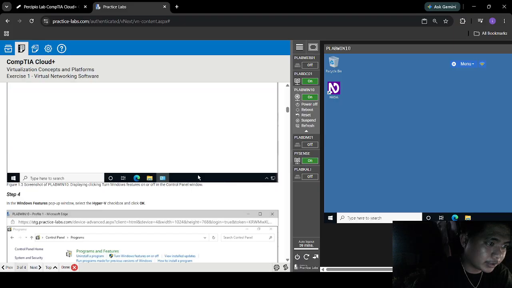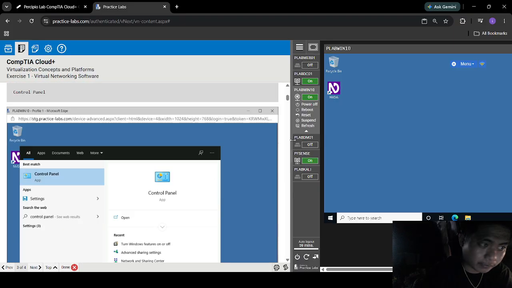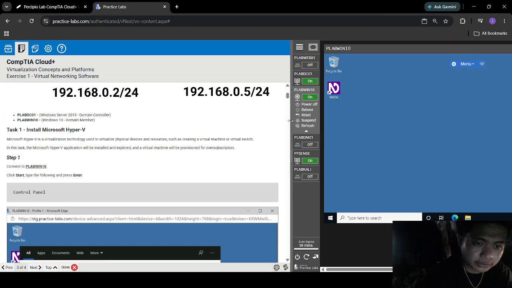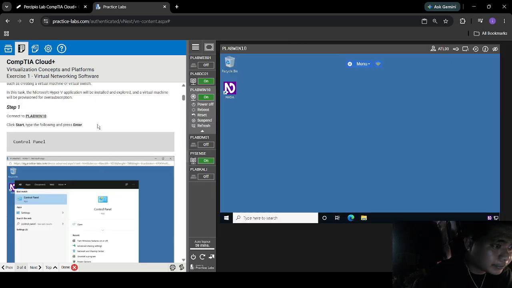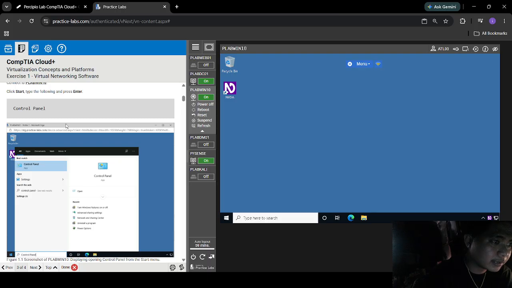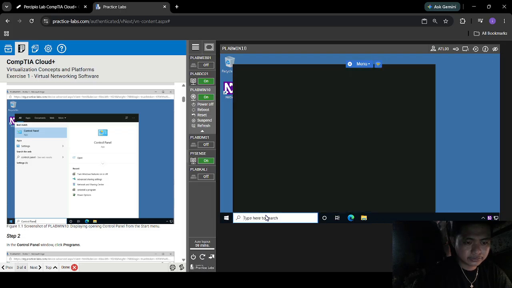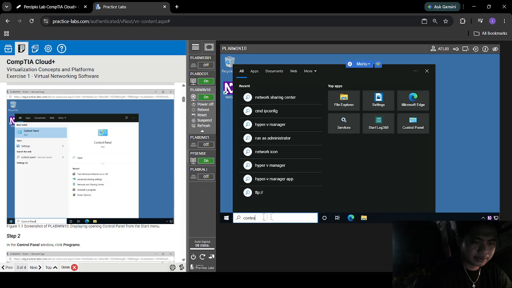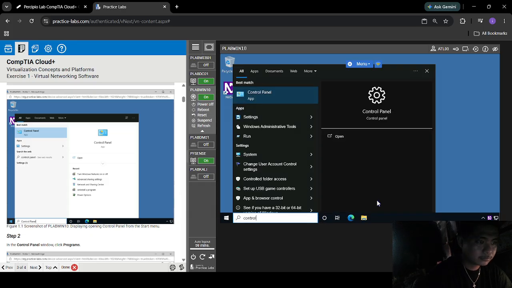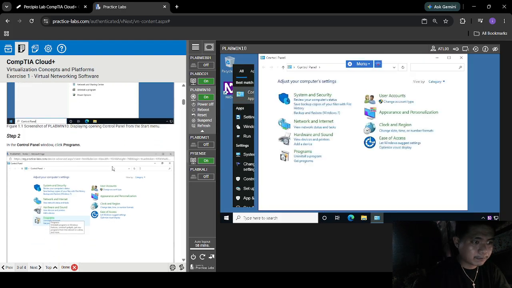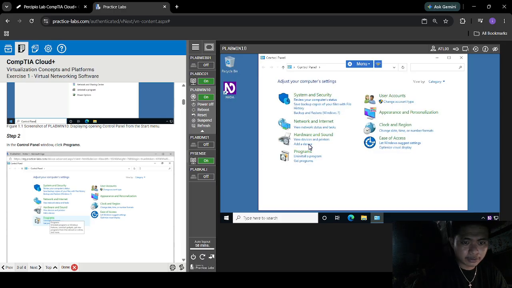Now let's proceed to step 1. Connect to PLAB Win10, click start, type the following and press enter. So search for the control panel here. Step 2, in the control panel window, click programs.